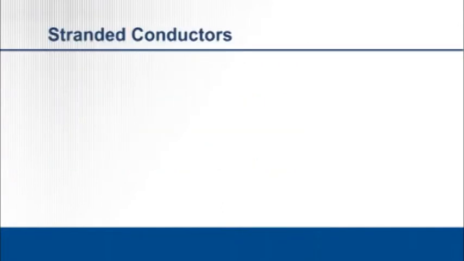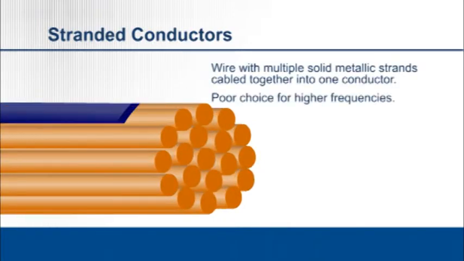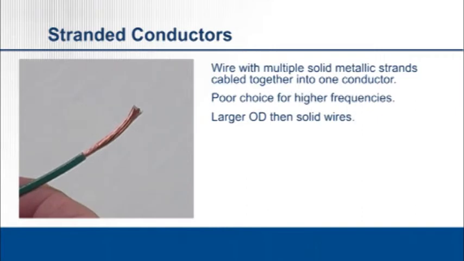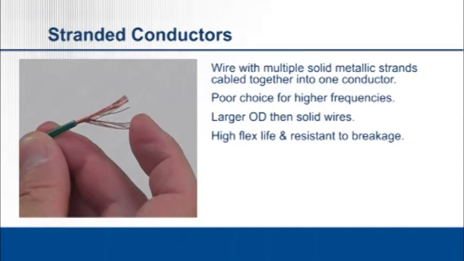The next type of conductor is stranded conductors. These are wires with multiple solid metallic strands cabled into one conductor. These are a poor choice for higher frequencies, and they usually have a larger diameter than solid wires because of the air spaces that are introduced. Some of their benefits, though, are that they have a high flex life and they're very resistant to breakage. In some cases, you can actually put the right stranding in here to get 5 or 10 million cycles before